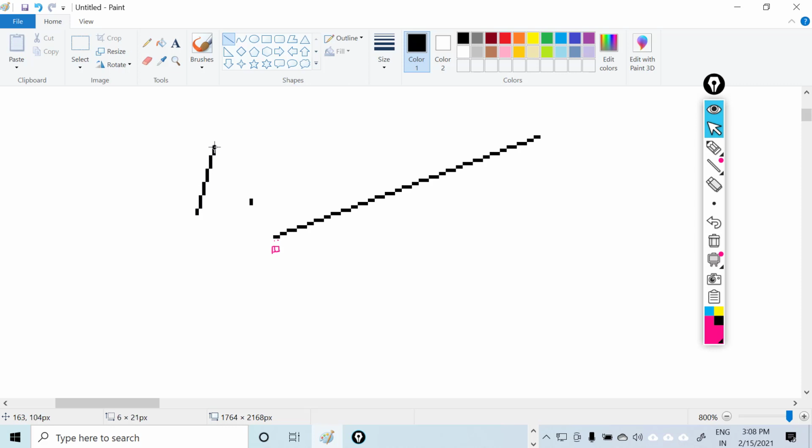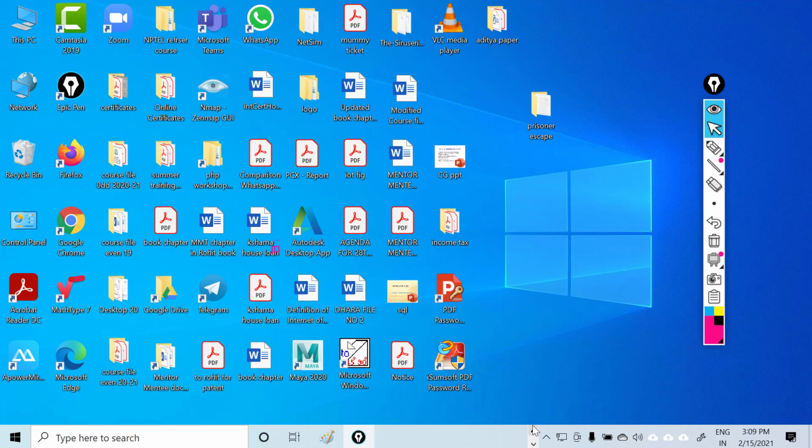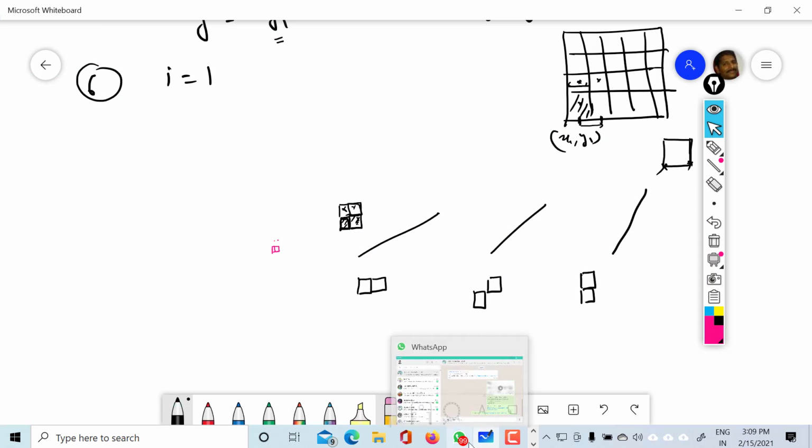See here. In this case you can see that the pixels are towards the y direction. That means if one pixel is x, then the other pixel will be towards the y direction. This is the next option. The third option is like this. See here, it is the inclination of 45 degrees. Therefore, this can be the next option. So based on these three, you can easily calculate the next value of y. Based on the previous value of x, you can calculate the next value of y.